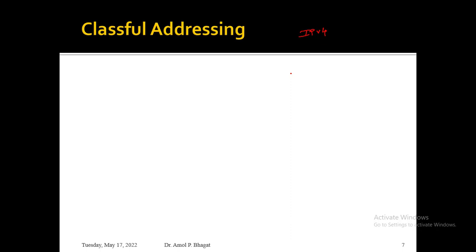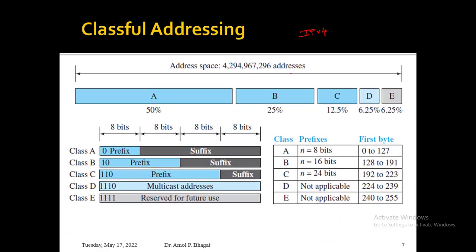So how are these addresses defined by using prefix and suffix? In class A, the prefix will be of 8 bits. As we have seen in the previous slide, this 32-bit address is divided into a combination of 8 bits. So what does it mean? If I take 2 raised to power 8, it will be 256. So there will be a total of 256 networks